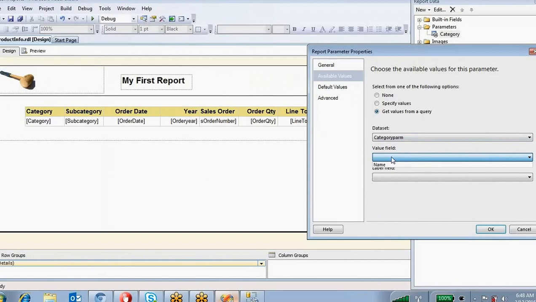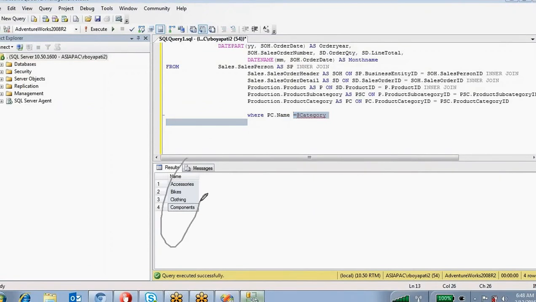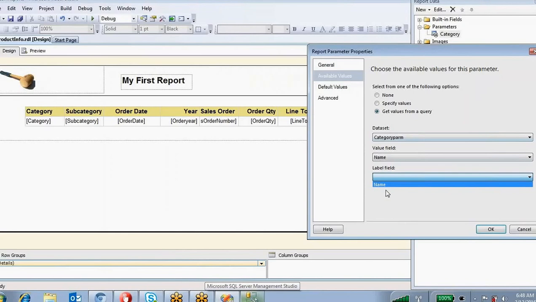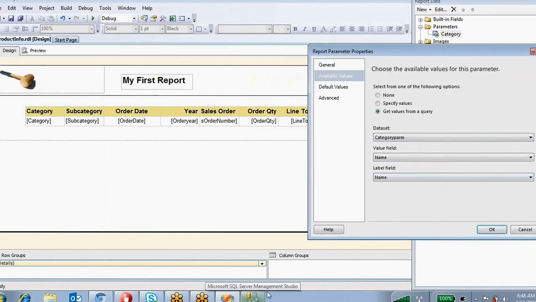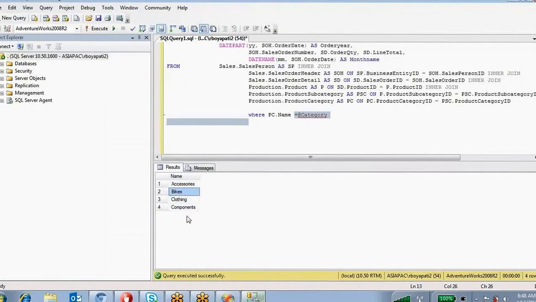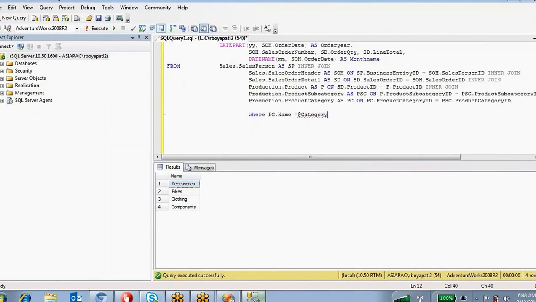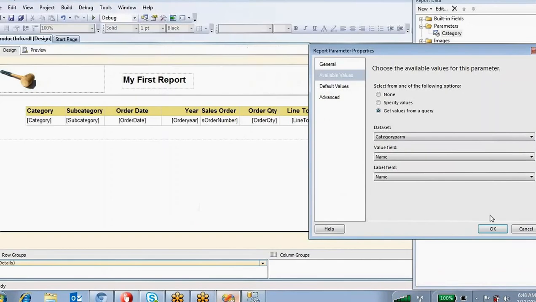So value field means which column. For example, from that data set two columns are coming. So this name column I am going to take. The name column is nothing but this one only, right? This is the value field I am going to take. And the label field also I am going to use the same one, because I don't want to show other names. The same names I want to display and the same names I want to pass as the input parameter here. Okay, so if you are clicking OK,